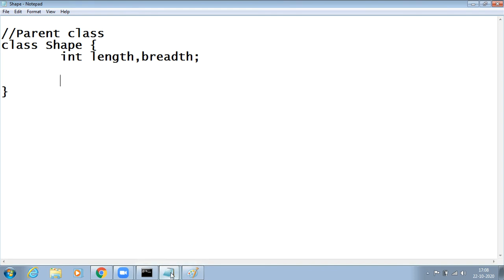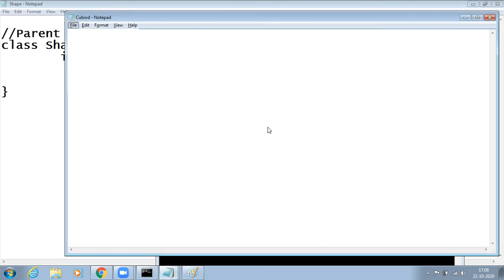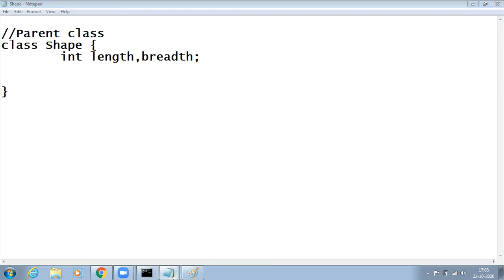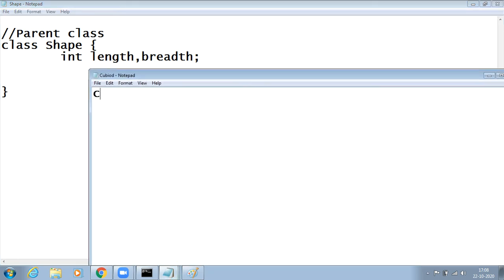Take another class here, cuboid.java. I'm making a new class now, a Cuboid class, which needs the length and breadth properties, along with something like a width property.